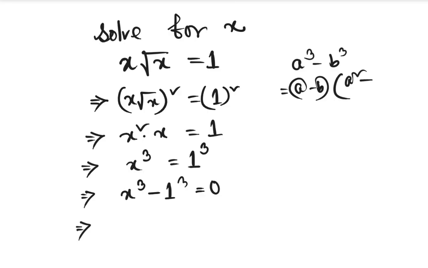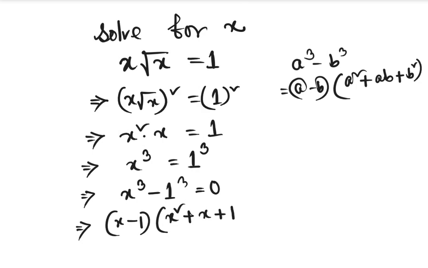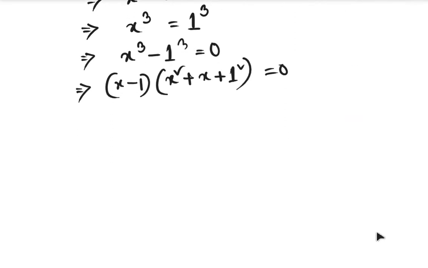So we can write x minus 1 and then x squared plus x times 1, that means x, plus 1 squared, equals 0. So the product theorem,